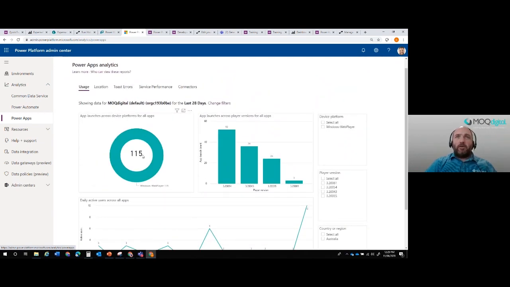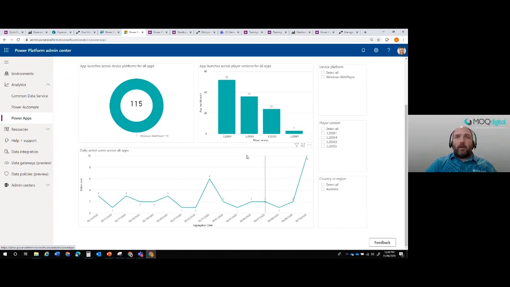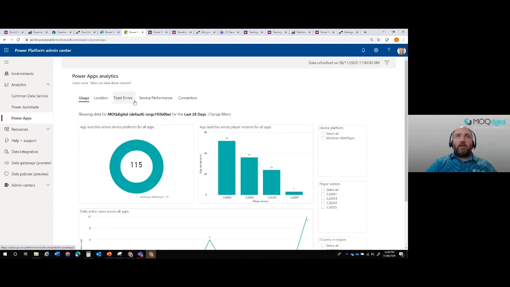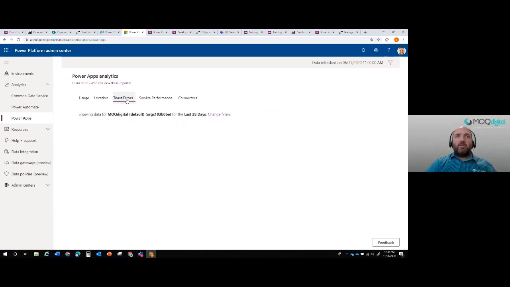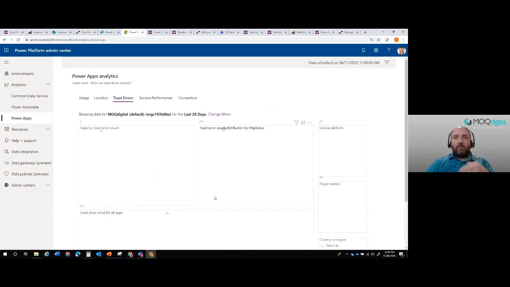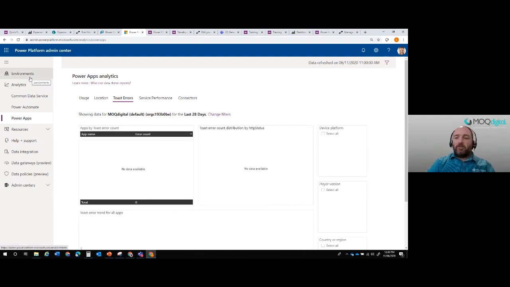There's been 115 in the last while, specific app launch count based on what specific renderer they were using, how many active apps, etc. So I have the ability to quite quickly drill down and understand what's happening. I can also see how many errors have happened or popped up on this end user experience in my environment, to understand if there's things I need to start drilling into. So really quite nice, this ability to individually, per environment, segregate those environments in strategy, and then analyze how those